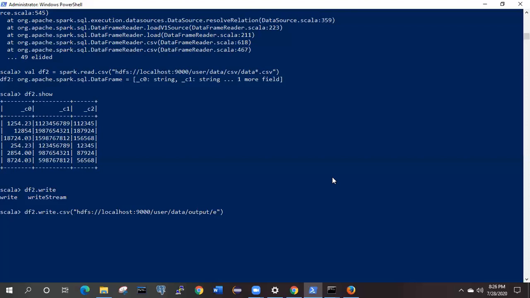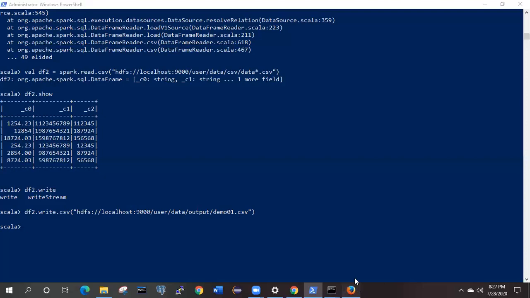We can give the name as an example, like demo01.csv. In this file only the data is going to be written on HDFS. Okay, it is saying successful.